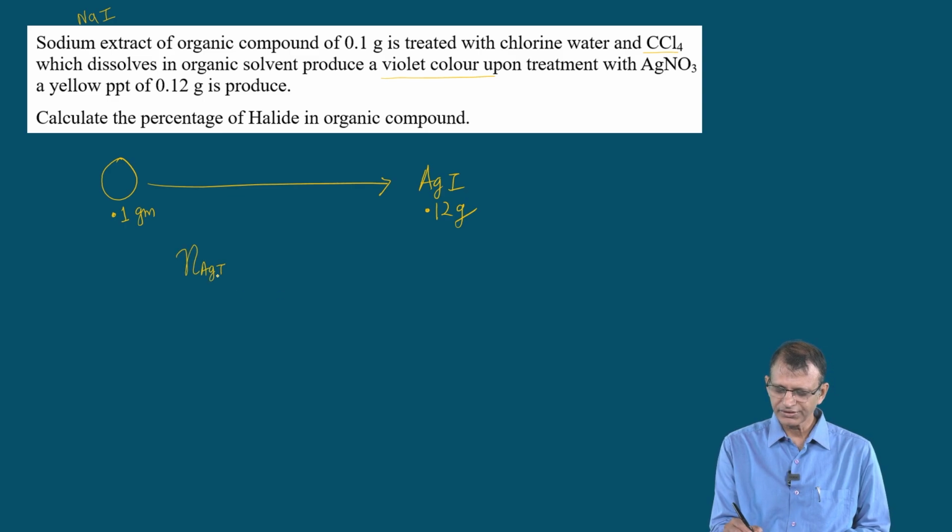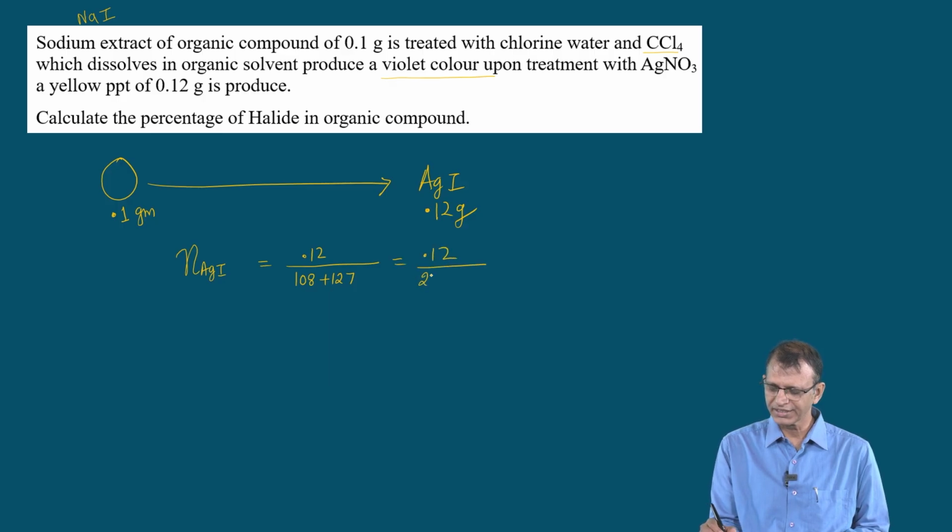In the question they must have given the atomic mass of silver and iodine. So here we can write 0.12 divided by the molar mass of AgI, where the atomic mass of silver is 108 and iodine is 127. So this is 0.12 divided by 235. From there we get the number of moles of iodine, which is equal to 0.12 divided by 235, and from here